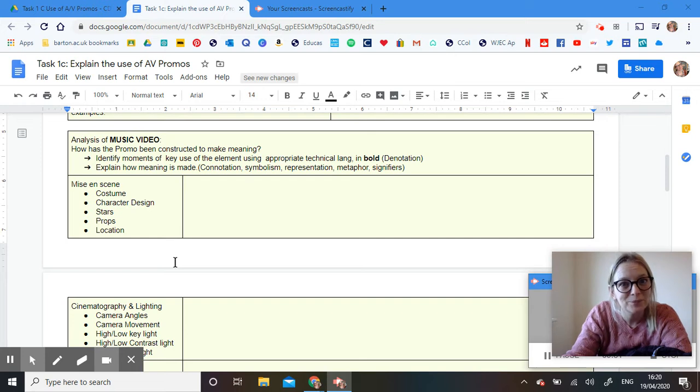Motorbikes going past my house. So please